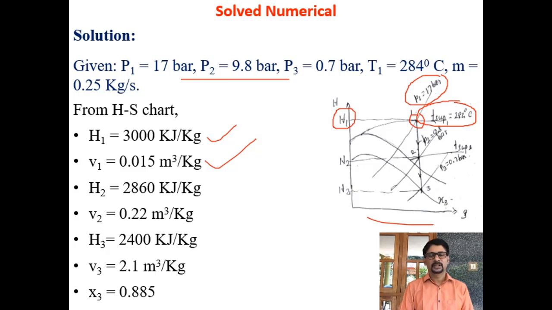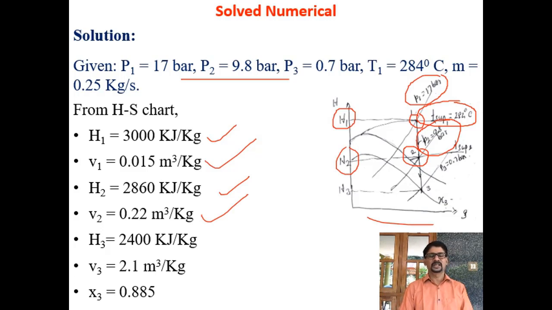Now it is an isentropic expansion process, an ideal nozzle, there is no loss given. So for the isentropic process, you have to come down vertically till it intersects P2 equal to 9.8 bar. Here also exactly the 9.8 bar line may not be there, it is between 9 and 10, but very close to 10. So once again you have to locate an imaginary line for this pressure, and where the vertical line from 1 intersects, you mark that point as 2, note down the corresponding enthalpy as H2, and the corresponding specific volume is 0.22 meter cube per kg.